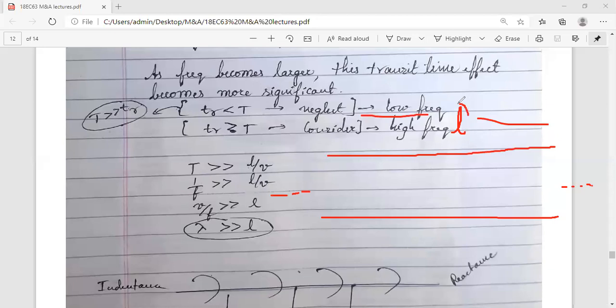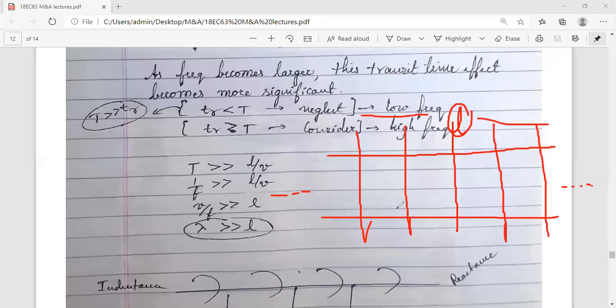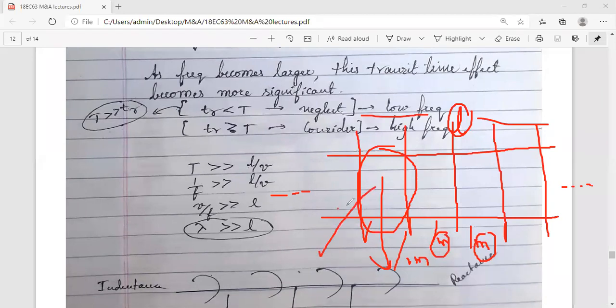So what I can do is divide this total length into smaller parts. However long your transmission line is, length L, I will divide this complete circuit into smaller bits, so that this particular part has a per unit length, I can say. Per unit length means one meter, one meter, one meter. When you do that, what happens? Length will become lesser, right?